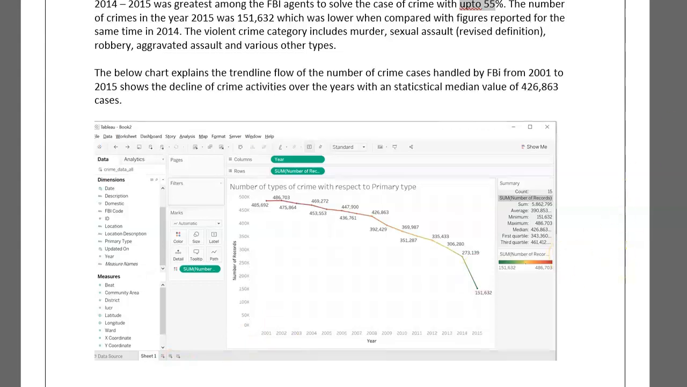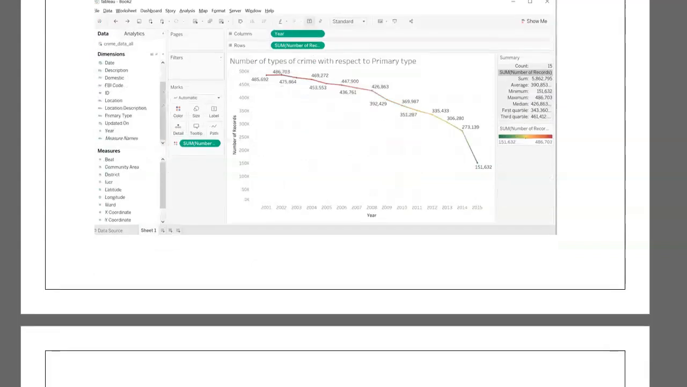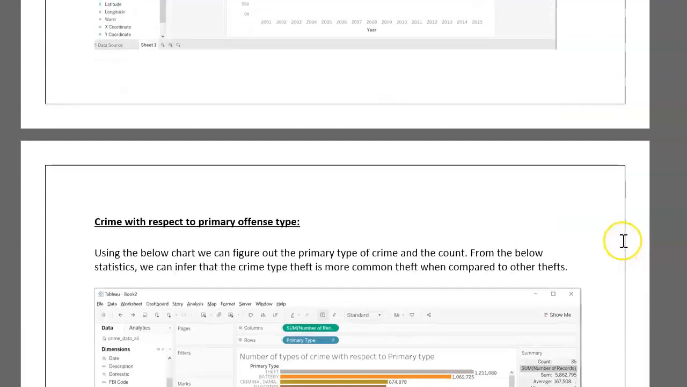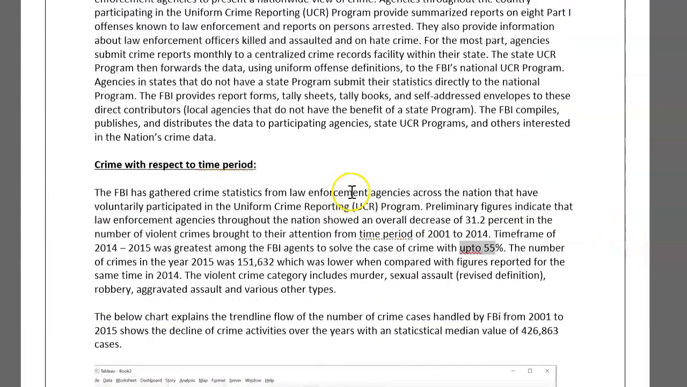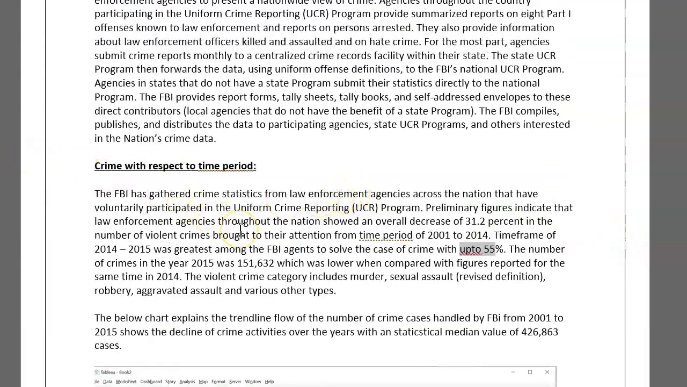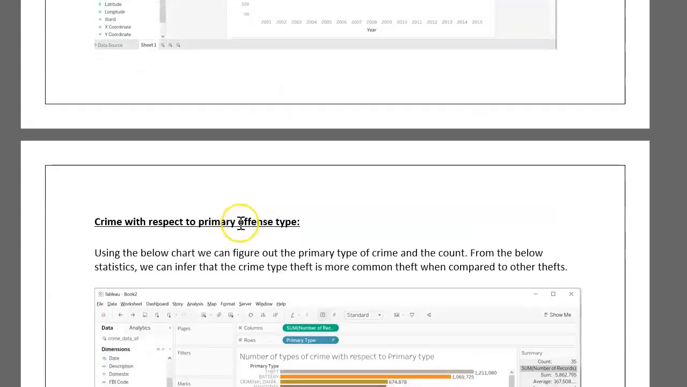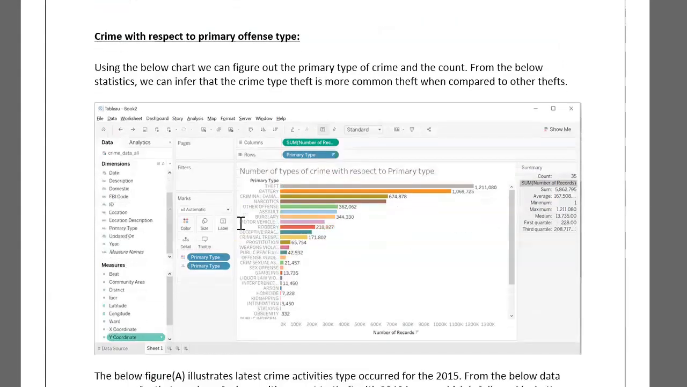On the data, if you see here, further digging into this one, I'm just calculating the sum of records versus the year. That's all about the first part, because this is a trend chart between the time period versus the crime. The second part would be the comparison between the crime and the primary offense type,